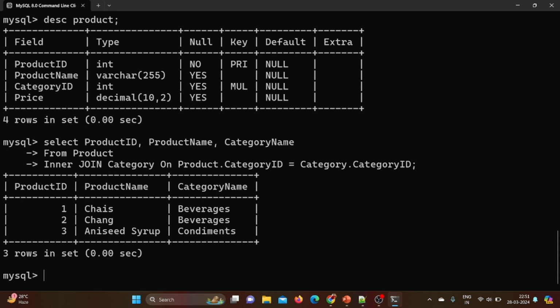So our next topic is left join, and left join basically returns all records from the left table and matched records from the right table. So we will see this example using two tables, namely the customer table. Along with the customer table we will be using the orders table. So customer and orders we will be using, and let's write the query and see practically how left join